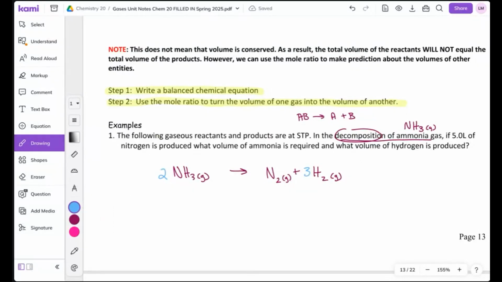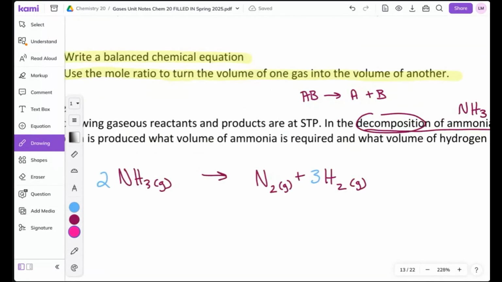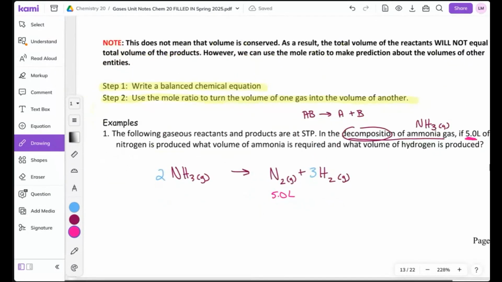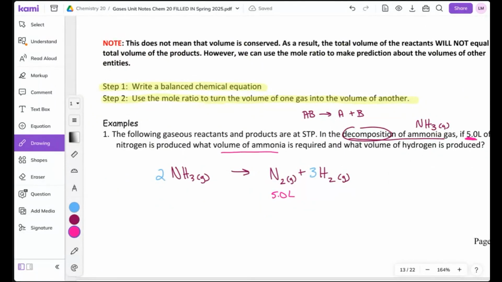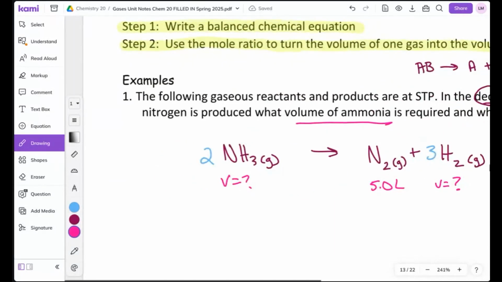All right. So the question says that we've got 5 liters of nitrogen produced. So what I'm going to do is I'm actually going to use my chemical equation just to organize what's given to me. Okay, what volume of ammonia is required and what volume of hydrogen is produced? So we don't know the volume of hydrogen, we don't know the volume of ammonia. So essentially there's 2 questions wrapped up in this one example here. So what I'm going to do is I'm going to start off with my given number,